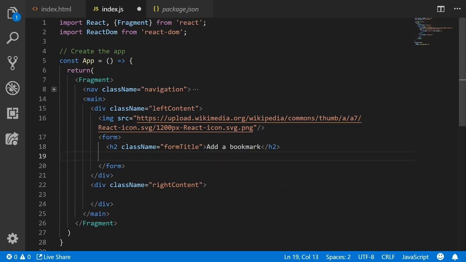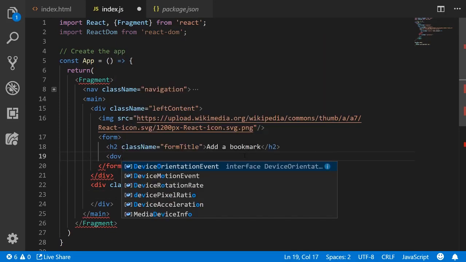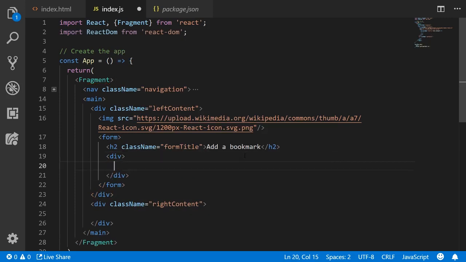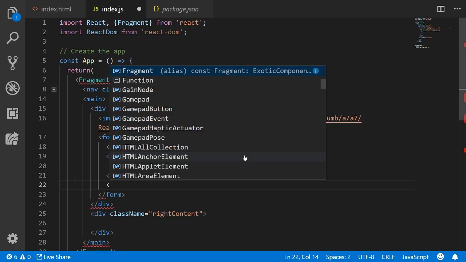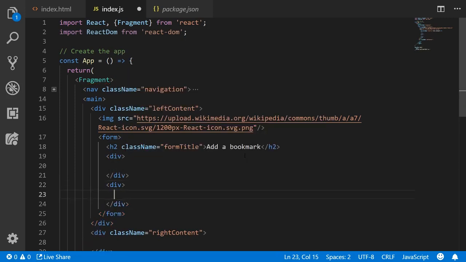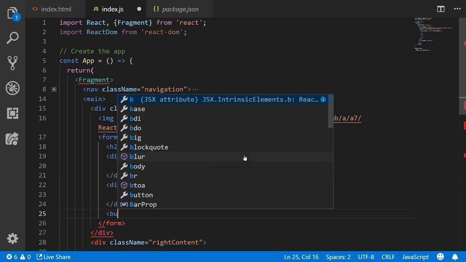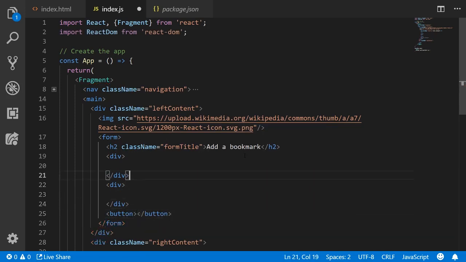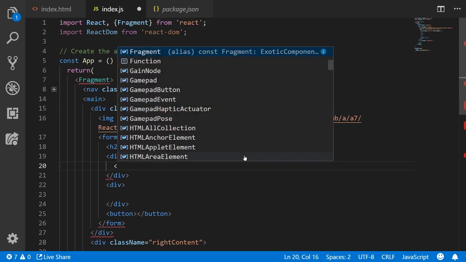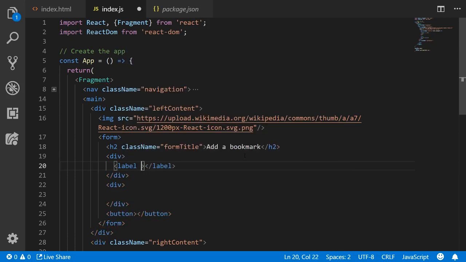And below the title, we're going to add two input groups, and I want to put these input groups in a div so that we can style it with display flex. So we'll have two inputs, and each of these will have its own container, and then we'll have a button to submit this form. So in the top input group, I'm going to add a label, and this label is going to be for the link title,